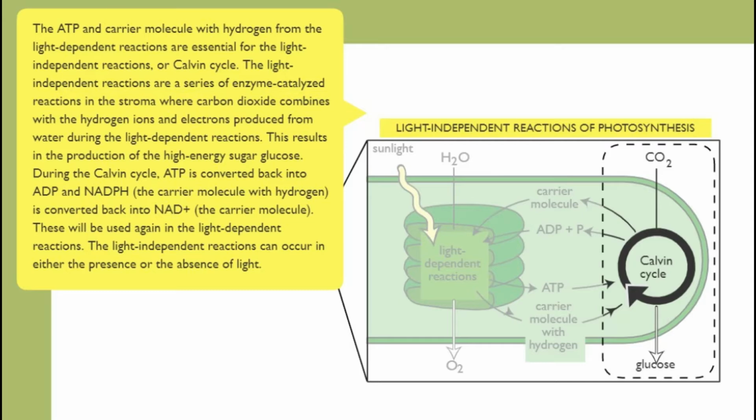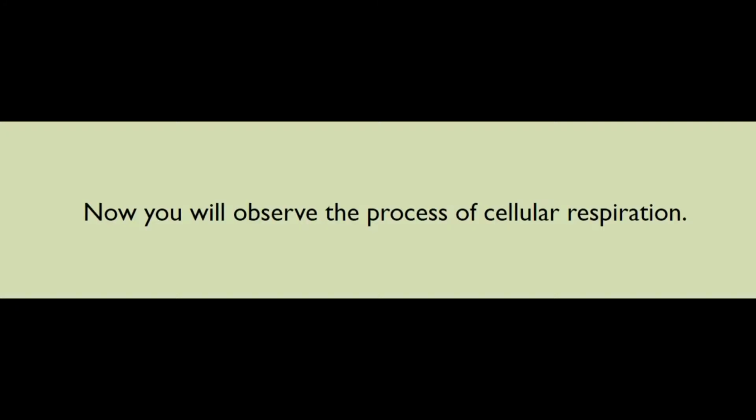This results in the production of the high-energy sugar glucose. During the Calvin cycle, ATP is converted back into ADP, and NADPH, the carrier molecule with hydrogen, is converted back into NADP+, the carrier molecule. These will be used again in the light-dependent reactions. The light-independent reactions can occur in either the presence or absence of light. And with that said, we will move on to see